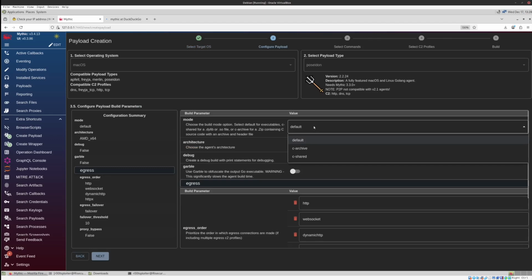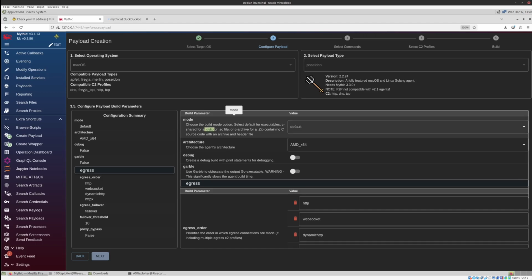Select the mode. We have C archive, which is now the bin file, which is going to run like an exe, an executable. And we have the DLL version of Mac, which I think is dylib, something like that, or sofile. Sofile is for Linux. I'm sure .so files are for Linux. Anyway,